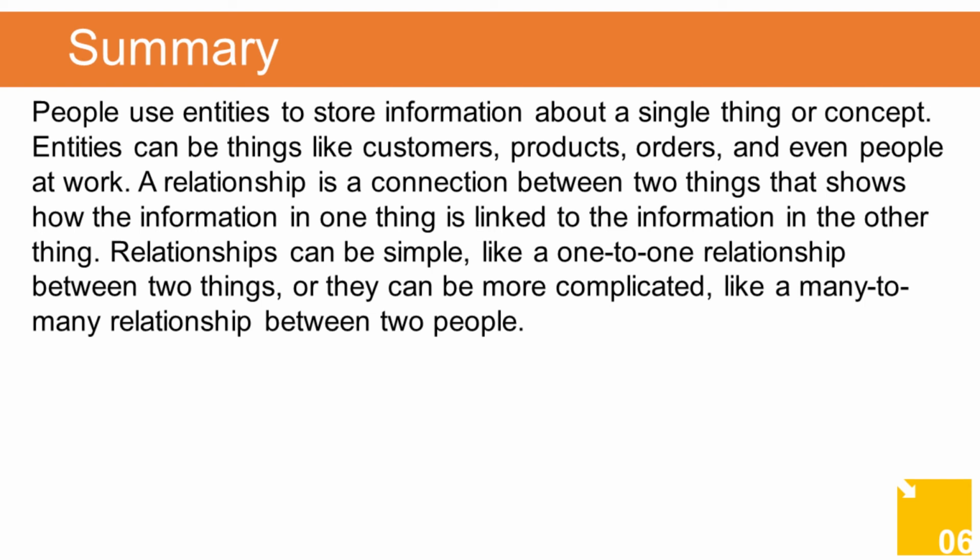People use entities to store information about a single thing or concept. Entities can be things like customers, products, orders, and even people at work. A relationship is a connection between two things that shows how the information in one thing is linked to the information in the other thing. Relationships can be simple, like a one-to-one relationship between two things, or they can be more complicated, like a many-to-many